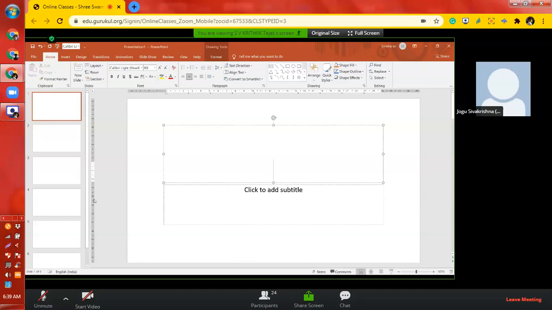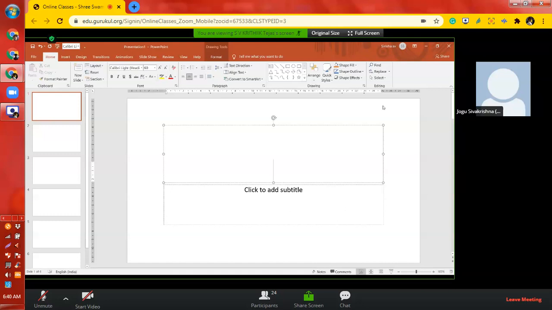The same way you take a header and footer in Word, here also you can take a header and footer which will be displayed in every slide of your presentation.